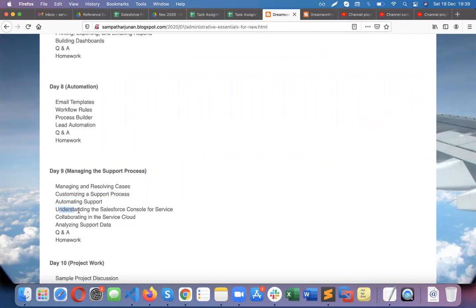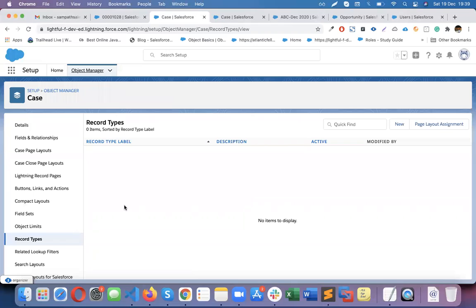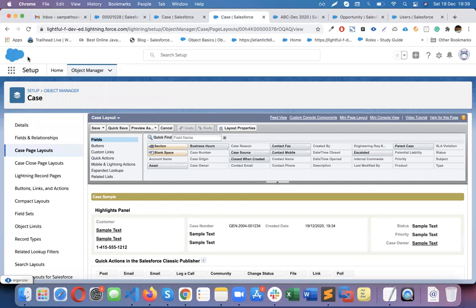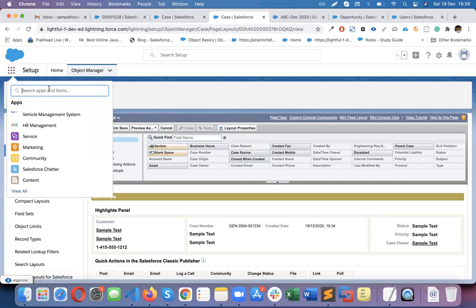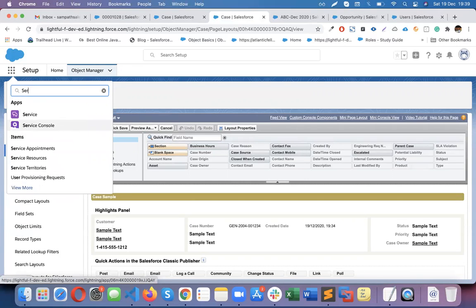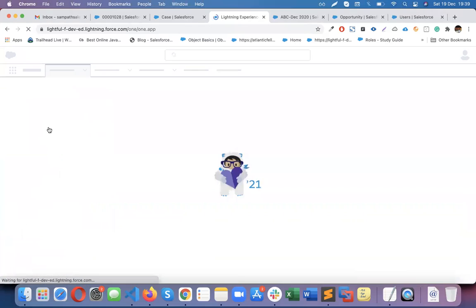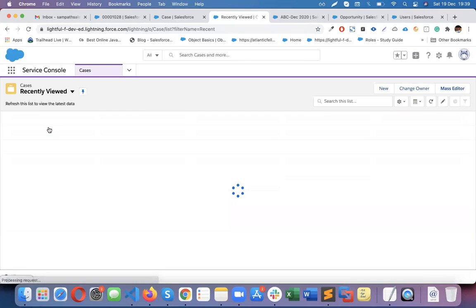The next one is to understand the Salesforce console. For Service Cloud, there will be a console view. Let me show you that. If I go to the Service Cloud console, there is basically a separate app. See here,